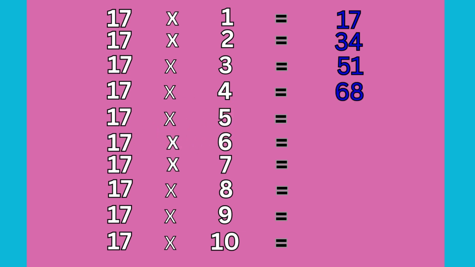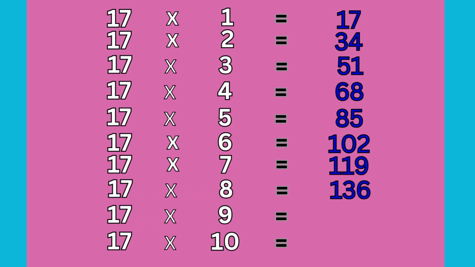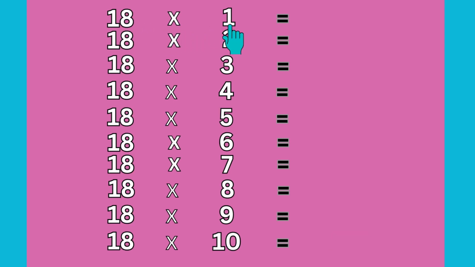17 fives are 85, 17 sixes are 102, 17 sevens are 119, 17 eights are 136, 17 nines are 153, 17 tens are 170. 18 ones are 18, 18 twos are 36, 18 threes are 54, 18 fours are 72,